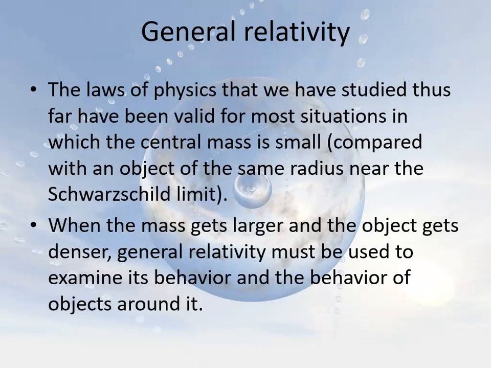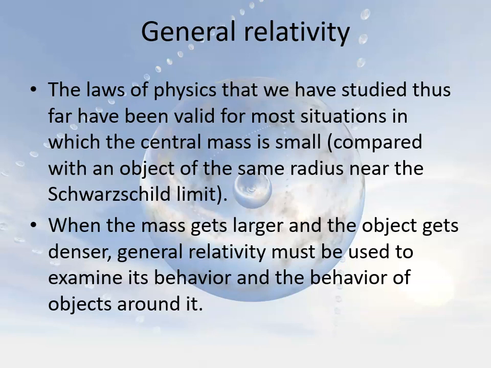So that's illegal. Now, as we mentioned before, general relativity is the general situation where gravity is also considered. Generally speaking, you can ignore these effects as long as the central mass that is creating the gravity is relatively small, or as long as you're really far away from the object's surface. Now, when we get into black holes, we'll talk about something called the Schwarzschild limit, which I'll just tell you now is about equal to 3 kilometers times the mass of the object in solar masses. So the Schwarzschild radius of our sun would be 3 kilometers.